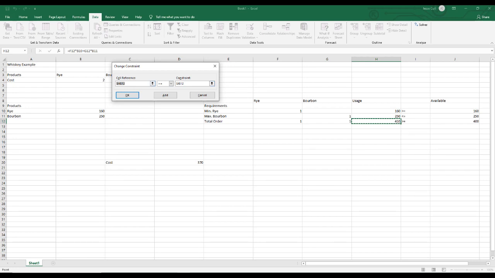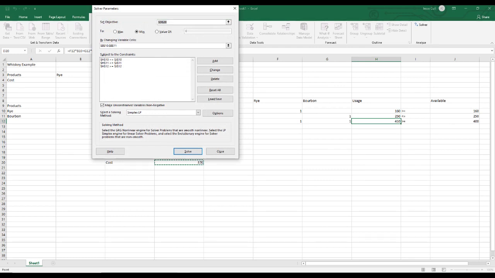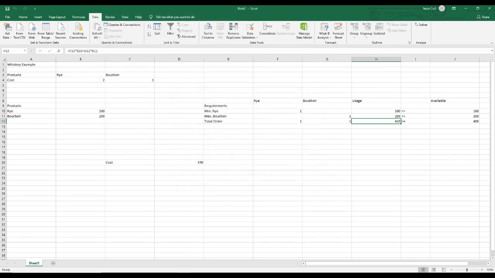We're going to go H12, which is 410, must be greater than or equal to 400, J12. So we see that's correct, so we click OK. But we're going to see our cost, D20, is 570. We want to minimize. And for some reason, it's not minimizing. We know if we do less than or equal to 250,